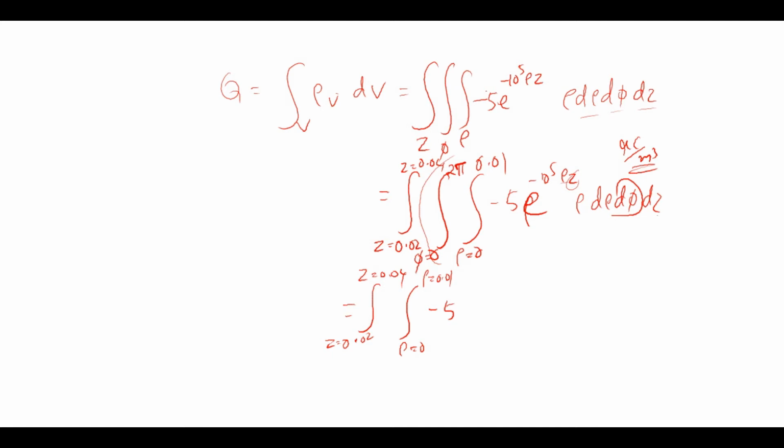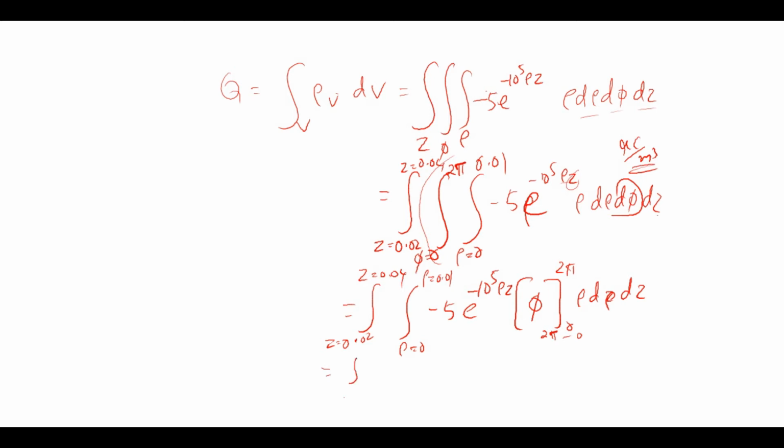d rho dz. Everything else doesn't depend on phi, so I can take all of them as constants and take them outside, and the only thing left is the integral d phi. So the integral d phi is nothing but phi with the limits 0 to 2 pi. So rho, d rho, dz are constants. The upper limit is 2 pi, the lower limit is 0, so 2 pi minus 0, 2 pi multiplied,